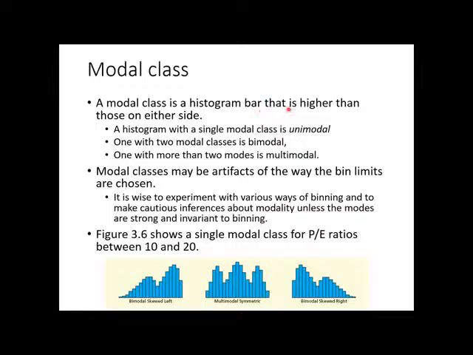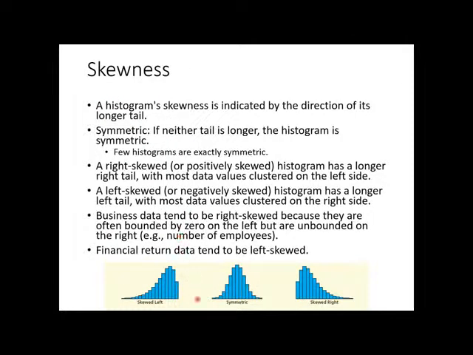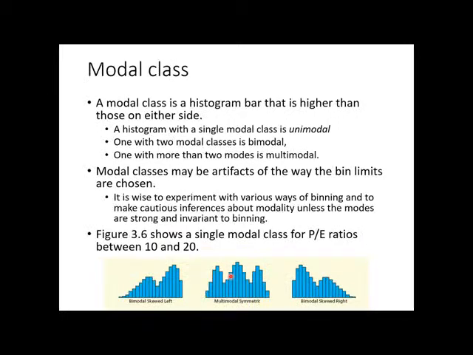If the bar is higher than those on either side, then we say that it is a modal class. If we have only one modal class as in this figure, then we say that it is unimodal data. If we have two modes as in this data, then we say that it is bimodal data. If we have three modes, then we say that it is